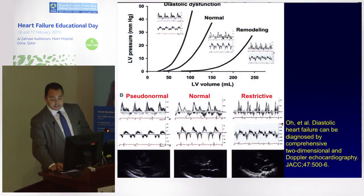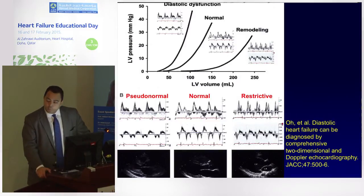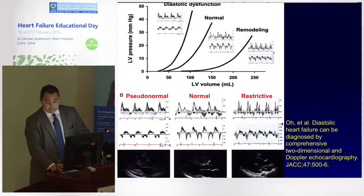And this is a nice article that was done by J.O. He is probably one of the people, if not the person, who understands physiology in respect of filling pressures and echo the most of anyone I've ever met in the world. Having said that, they've done a lot of good work at the Mayo Clinic, and one thing we do understand